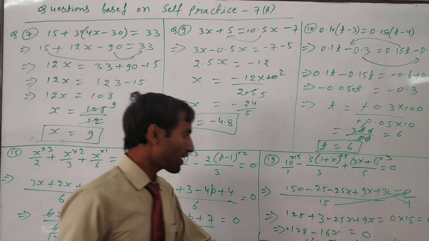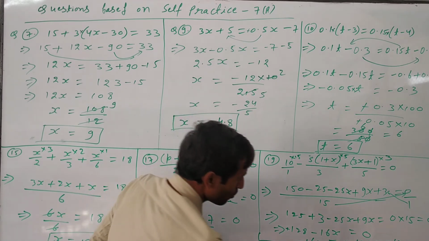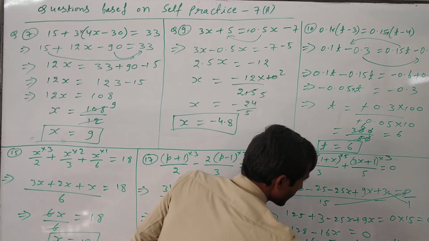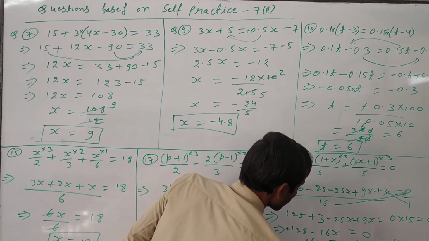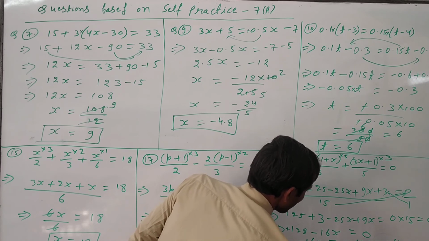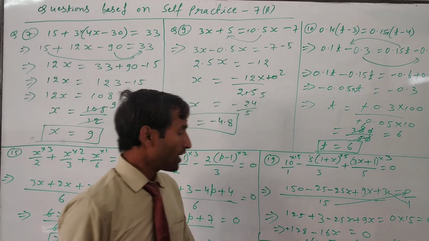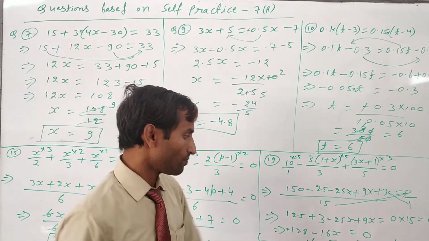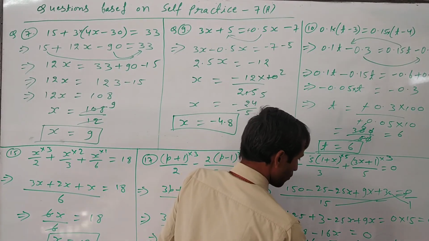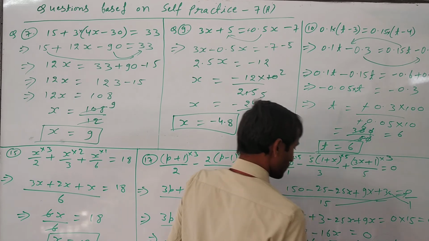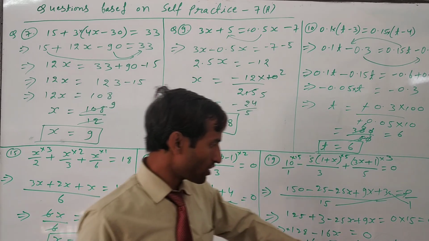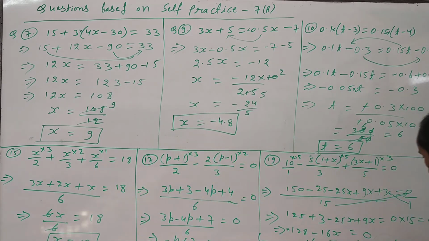Okay, now again the multiply sign is there, so we will shift this minus 16 to that side, then it will come x is equal to minus 128 upon minus 16. Again minus minus will cancel out, and then 16 times 8 is 128, so it will cancel out by 8. Okay, so the final answer is x is equal to 8. This is the final solution of this equation.